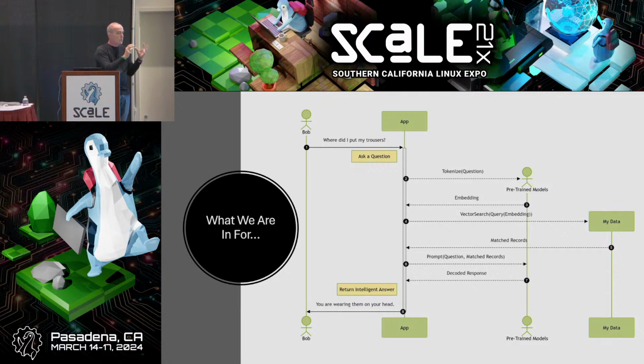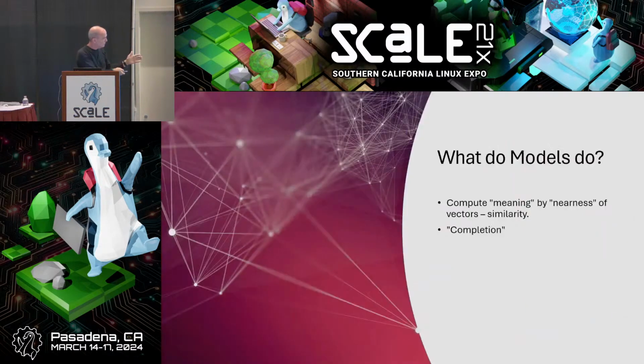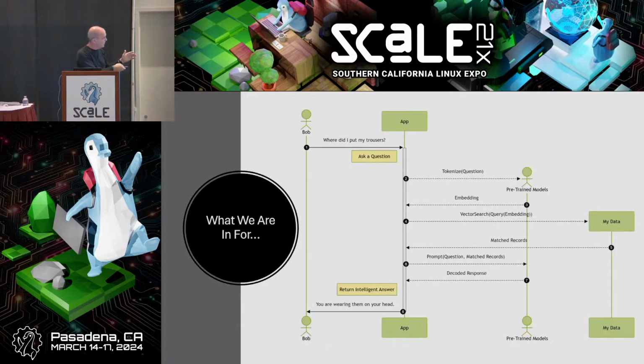So now, after your question got transformed into mathy, and then that mathy went to a specialized engine that knew how to find documents related to this, and the top ones are the most related to this, now you have a subset of all knowledge that relates to your question. With that subset of knowledge, I can then walk up to, oops, sorry, wrong button. With the results of my search on my data, I take those top results and I create a prompt for the engine, for the LLM engine, for the model that I'm going to use